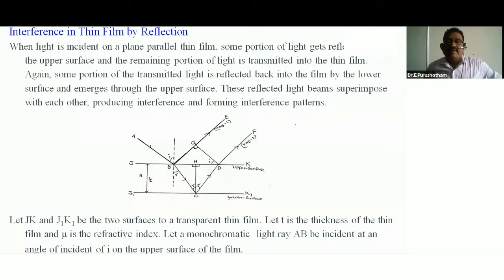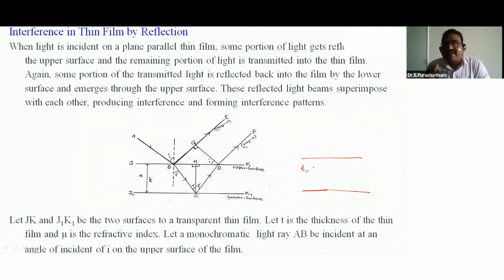Thin film, for example, this is one film you observe in your old camera. Some film is there like that. You can take it has an upper surface and a lower surface, and in between some thickness is there. That is a thin film. When light is incident on a plane parallel thin film, some portion